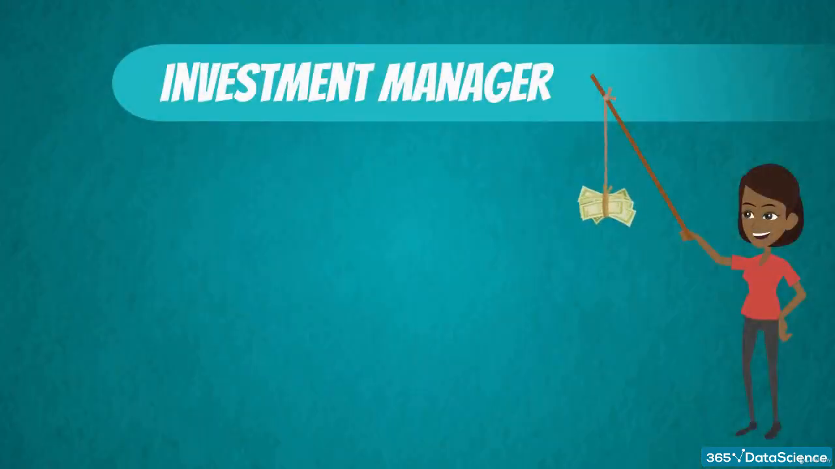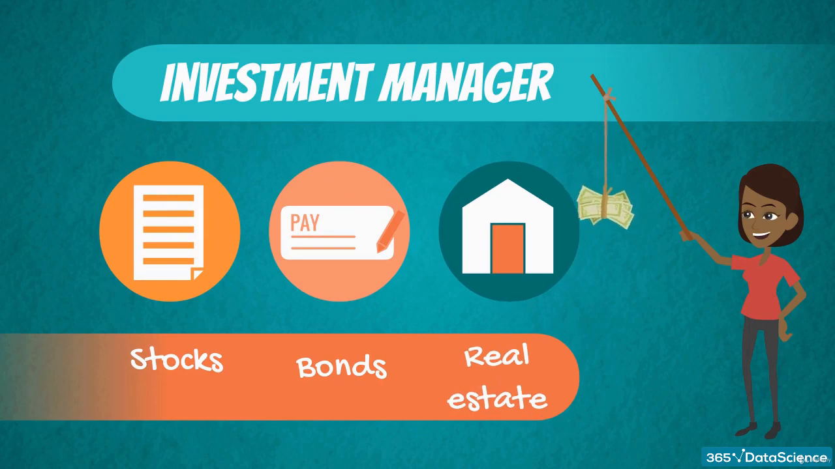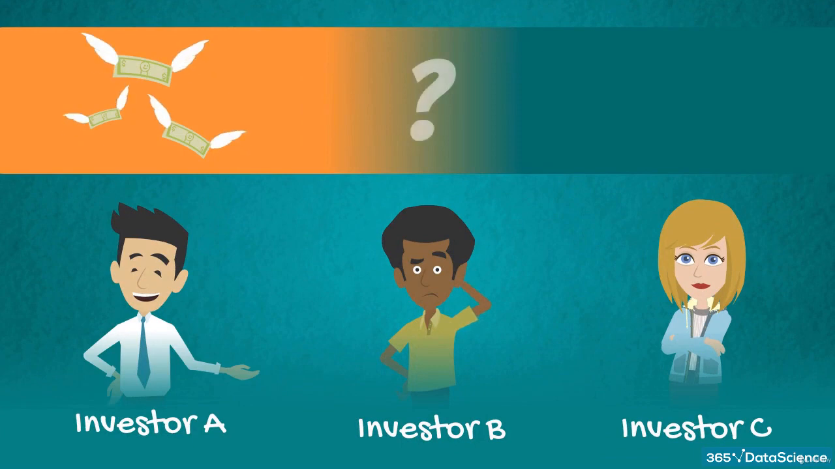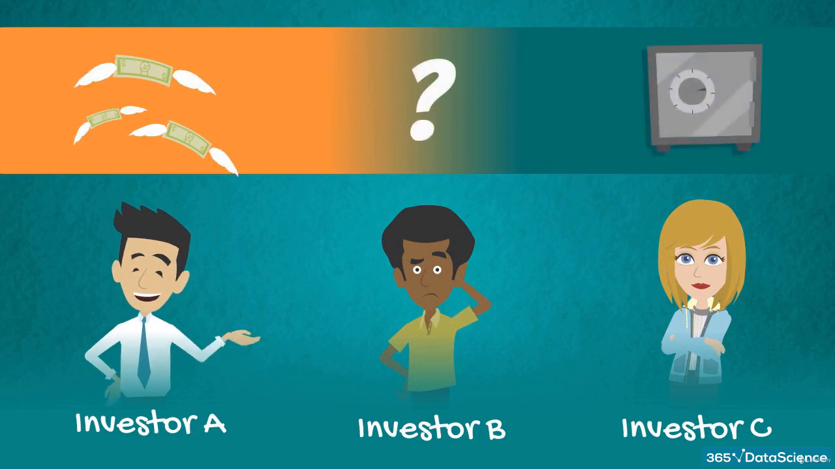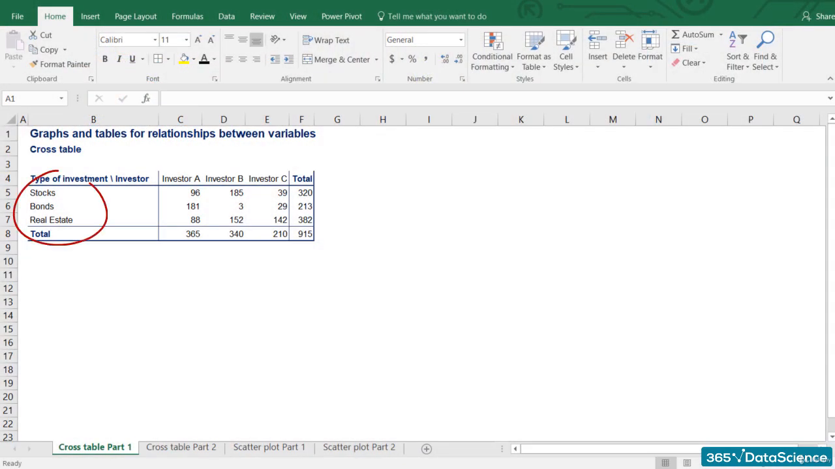Imagine you are an investment manager and you manage stocks, bonds, and real estate investments for 3 different investors. Each of them has a different idea of risk, and hence their money is allocated in a different way among the 3 asset classes. A cross-table representing all the data looks in the following way. You can clearly see the rows showing the type of investment that's been made and the columns with each investor's